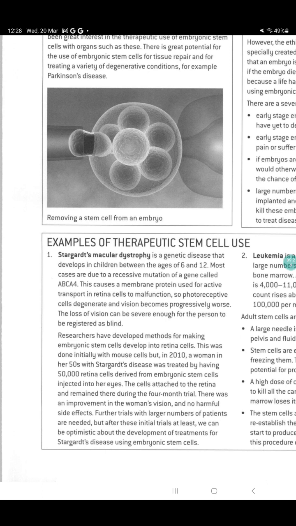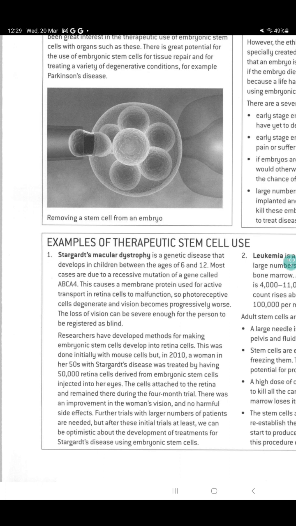surgically insert them inside the eye. This was done initially with mouse cells, but in 2010 a woman in her 50s with this disease was treated by having 50,000 retinal cells from embryonic stem cells injected into her eye. So this was the example of the treatment of a lady in her 50s. She got the treatment from embryonic stem cells, retinal cells were grown in the laboratory,